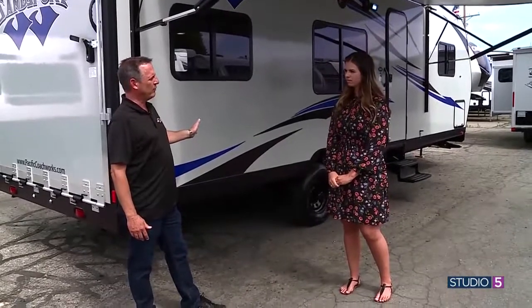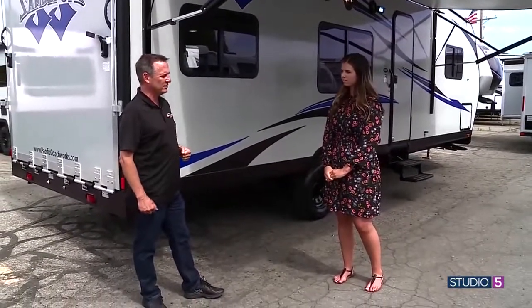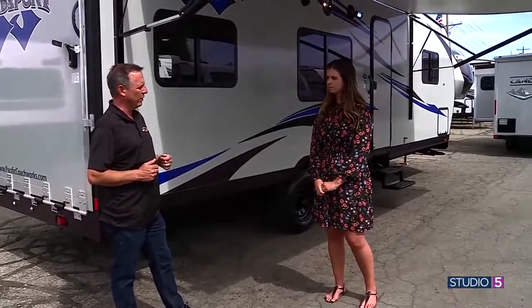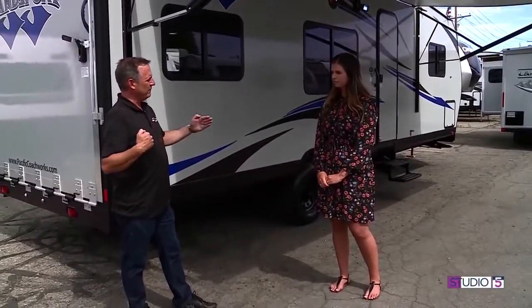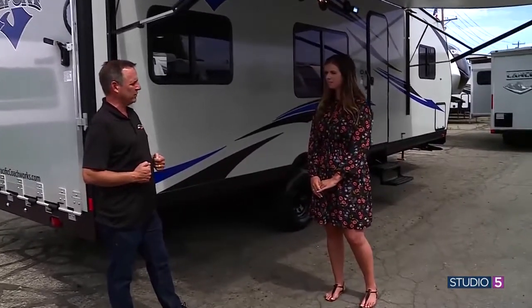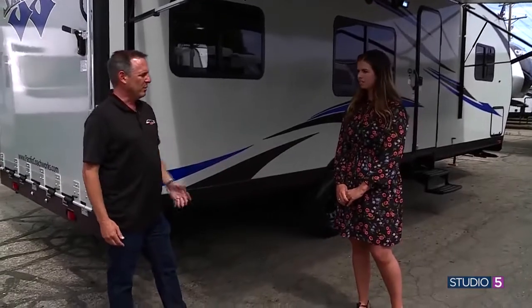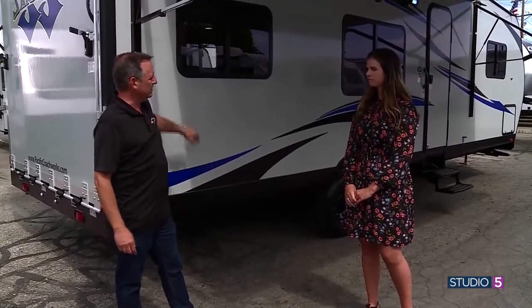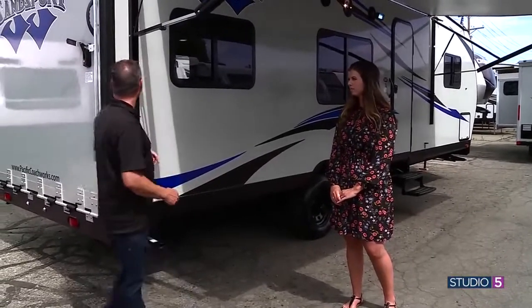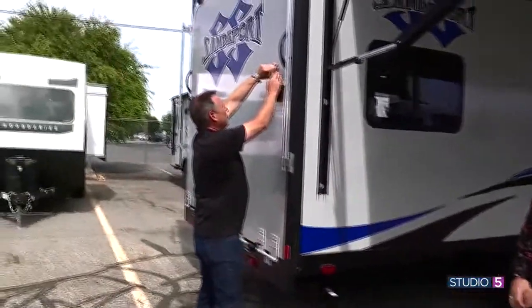model's called a 2414. Basically that means you've got a 24-foot box, and with the tongue and everything you're 30 feet going down the road, and then it's got 14 feet of cargo, which is just perfect for those large UTVs that we all like to ride. Like a Razor or a Maverick X3, they can fit in this thing. It's got 75 inches in the center there, so you just open up the back and